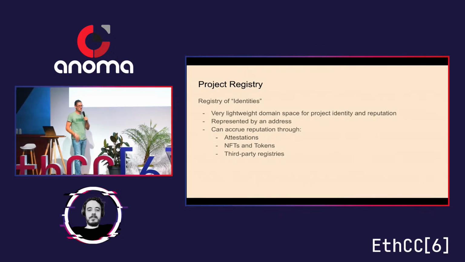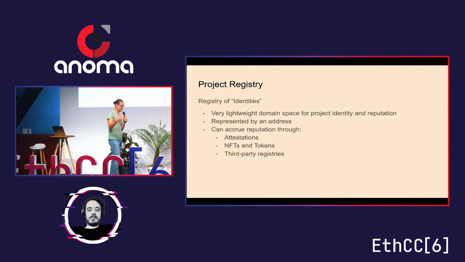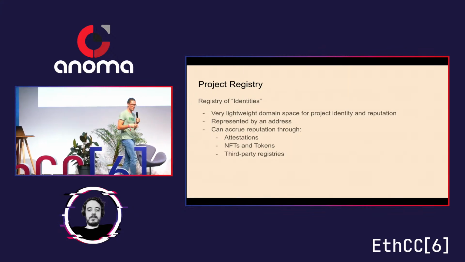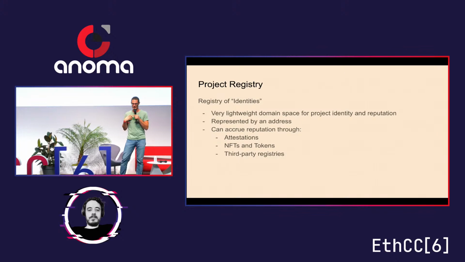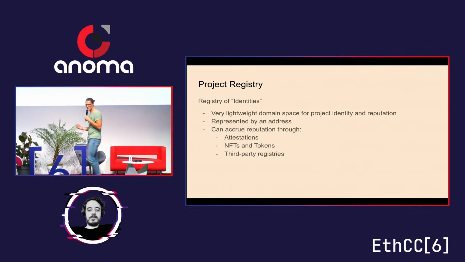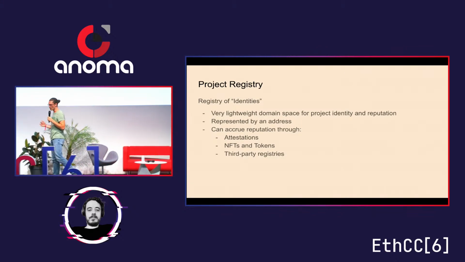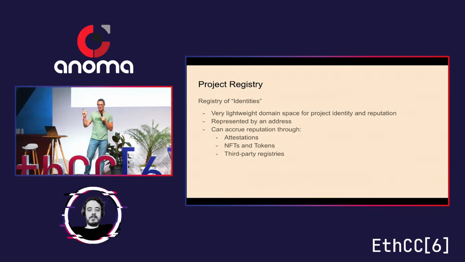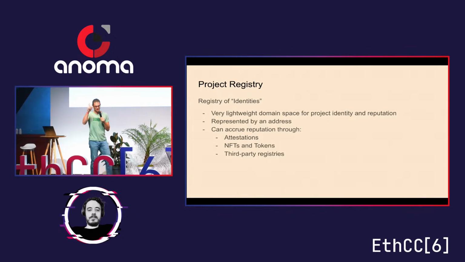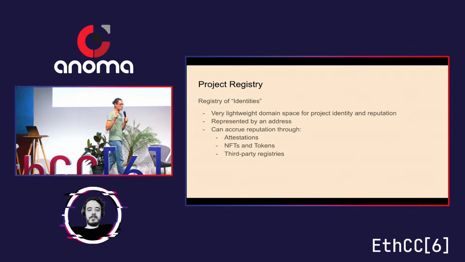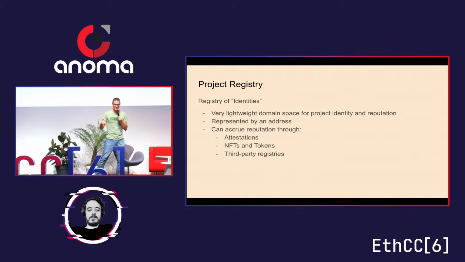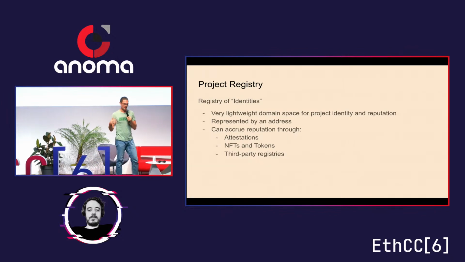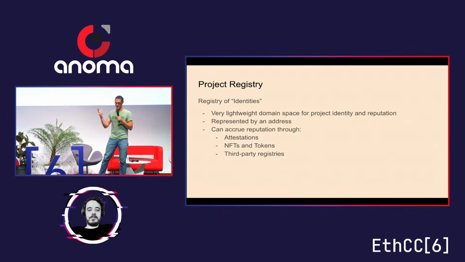The project registry is a registry of identities, and anything can be an identity. If you're allocating capital, that's an identity, right? If you are a project seeking to be a recipient of a grant, that is also an identity. And it gives us this very lightweight domain space for project identity and reputation. A project is represented by an address, and so anything that addresses can do, you can do with these project identities, right? They're controlled through Allo and the project registry, so it's not like an EOA or a multi-sig or something like that. It's actually kind of a dead weight address that all it can do is be an on-chain